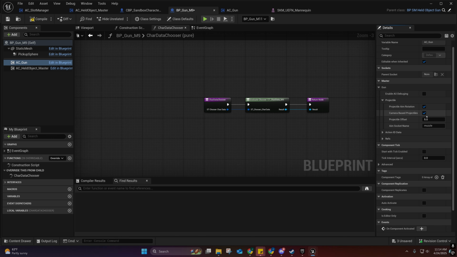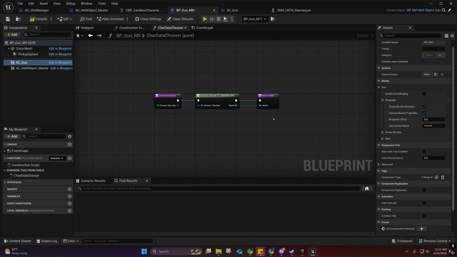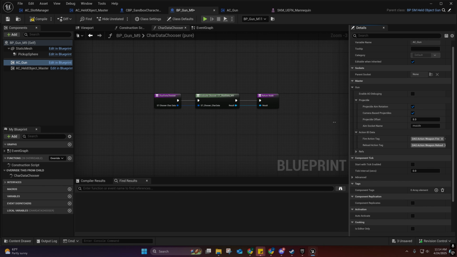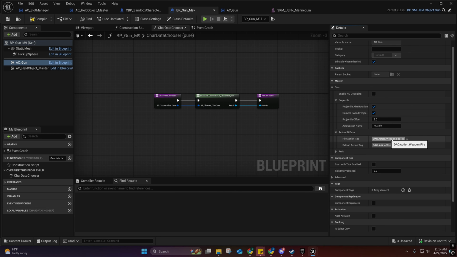I offset it because I didn't want it to look like it was clipping the barrel whenever it came out, because the projectiles actually have a larger diameter than the barrel. You could scale them down, but yeah, so anyway, these action tags right here